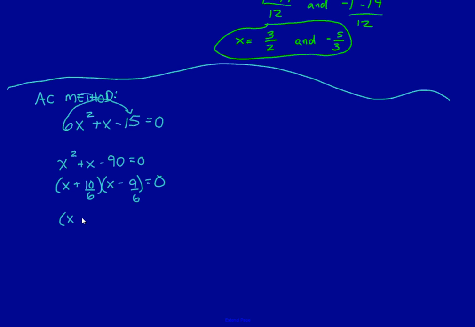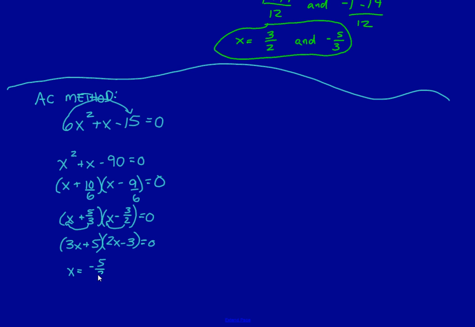And we get x plus 5 over 3, and this will be x minus 3 over 2 equals 0. So remember to slide the 3 in front, slide the 2 in front. So really our factors are 3x plus 5 and 2x minus 3 equals 0, which will give me x equals